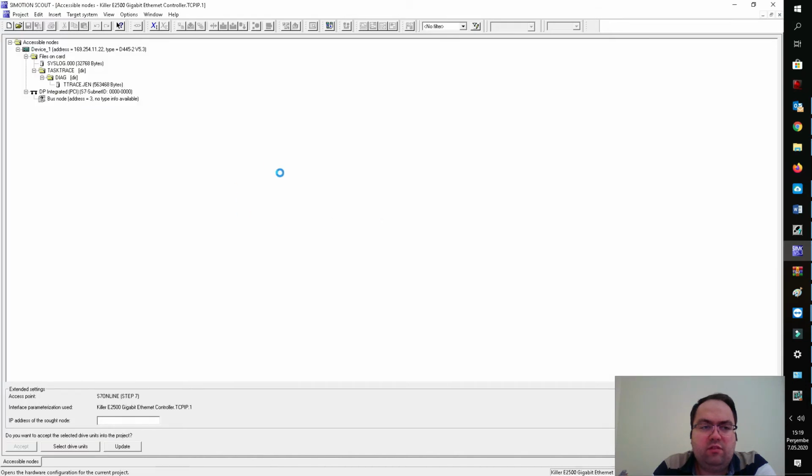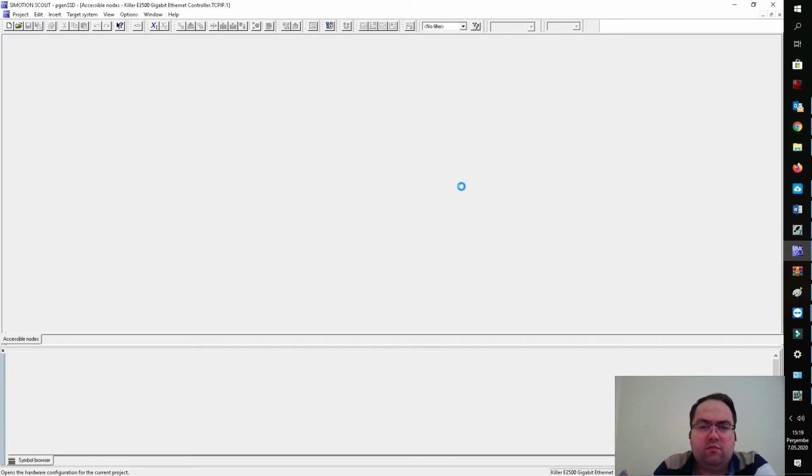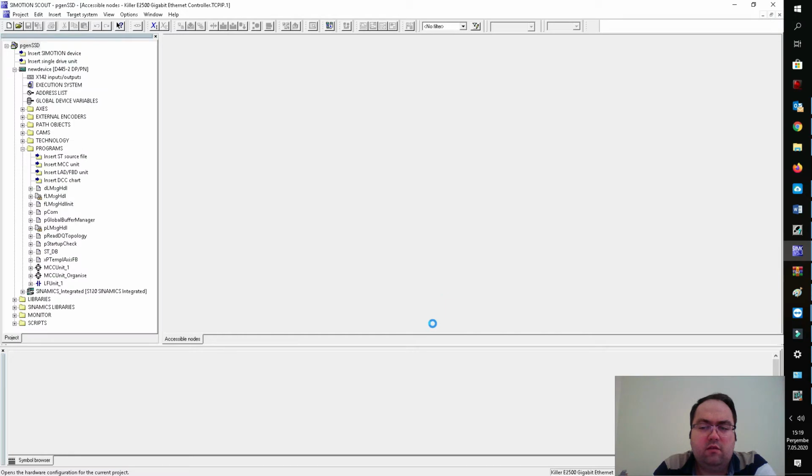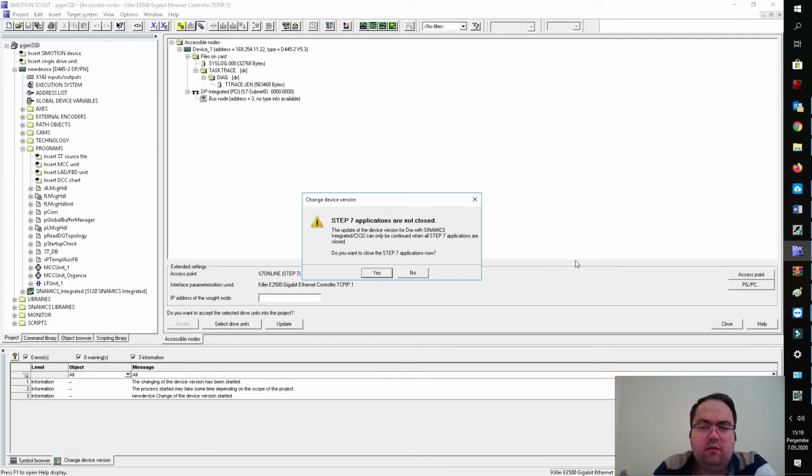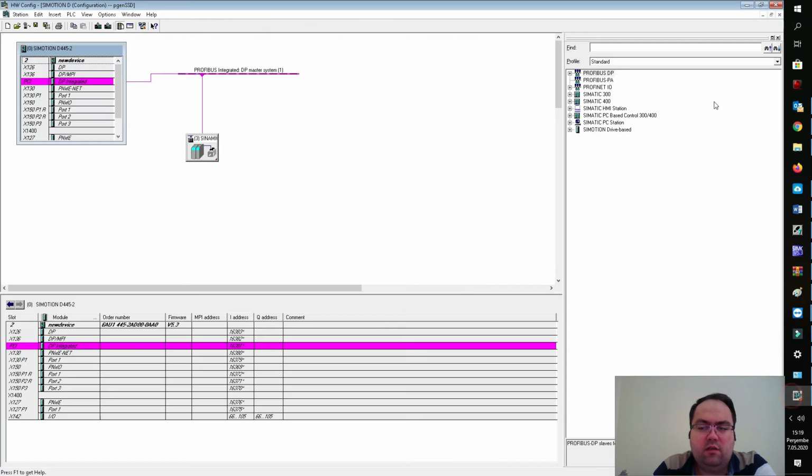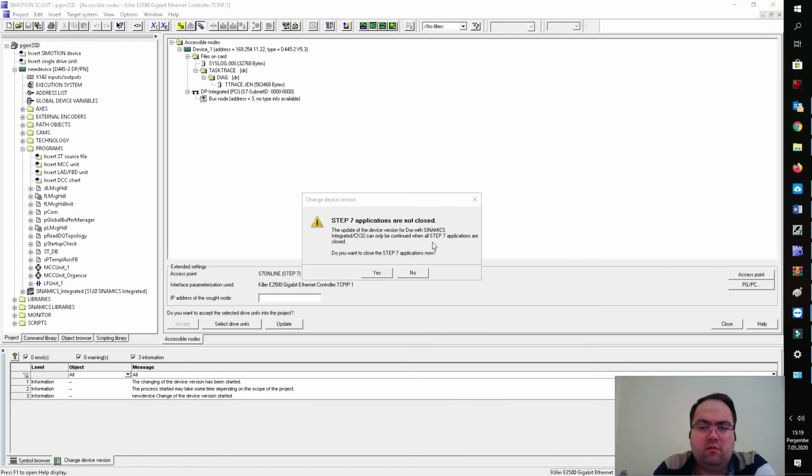I changed the type of CPU, that's why Scout will upgrade the items in my project. So I need to close the open Step 7 applications first, because all of the other services and applications shouldn't be used during this upgrade procedure.